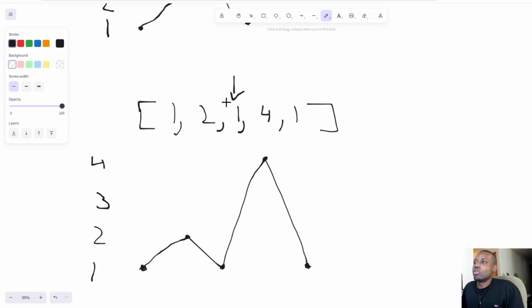Even though we see that there's a two nearby here that could have been a peak, it's all right. We're allowed to miss it. We don't have to get all the peaks. We just need one of the peaks, which is enough. So now our search space is going to be from mid plus one onwards,